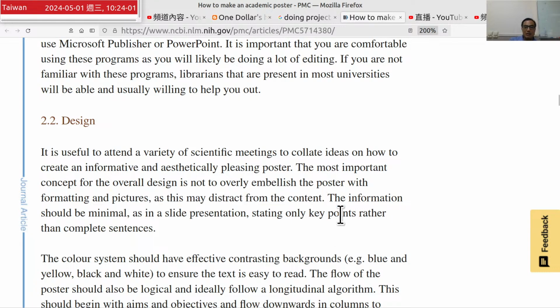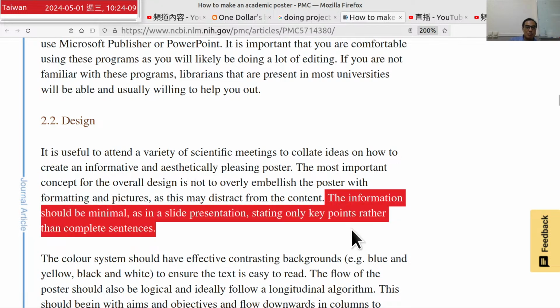Okay, again, with formatting and pictures, do not embellish it. The information should be minimal, as in a slide presentation, stating only key points